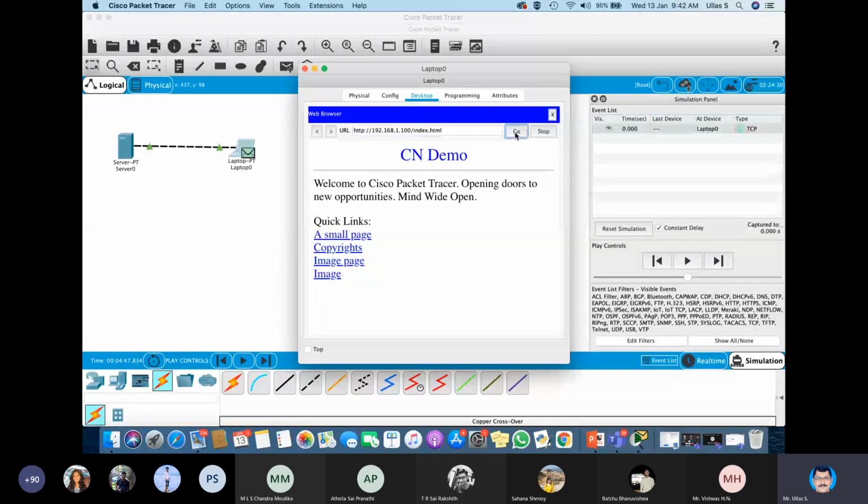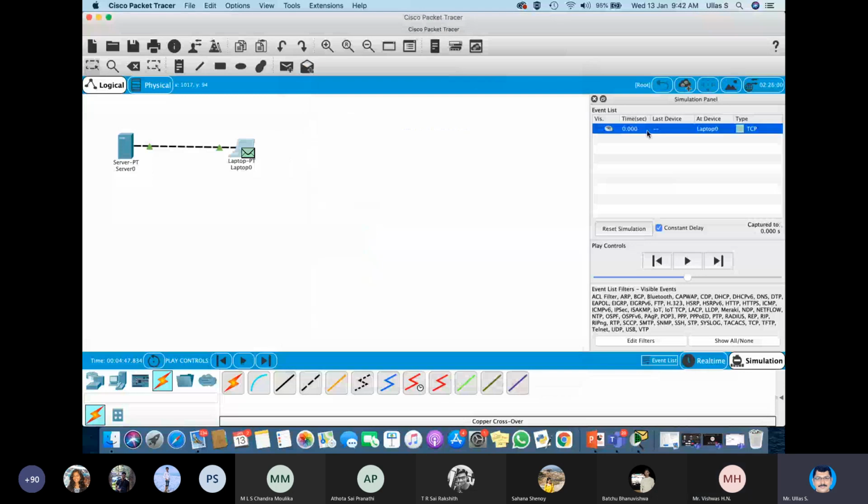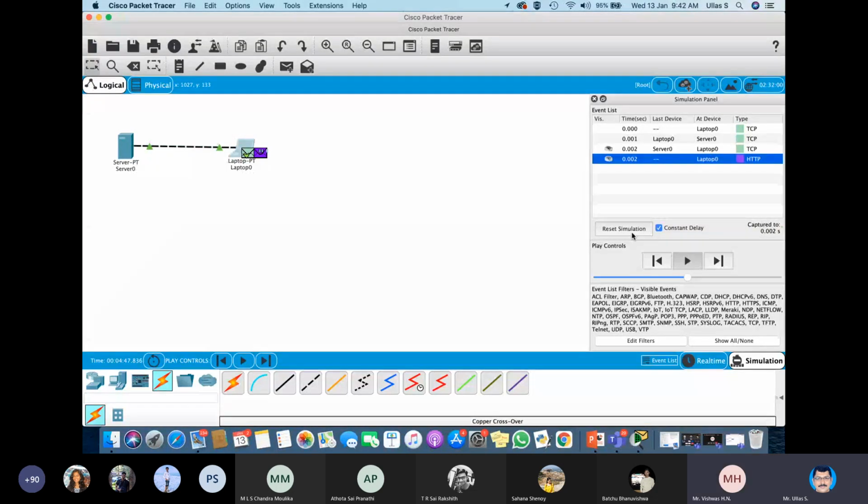So the packet is initiated here, you can see. Now the moment I click here, it will keep moving. So what has happened is the TCP connection is established, then the HTTP request is sent, and the HTTP response comes. So that communication is over now.